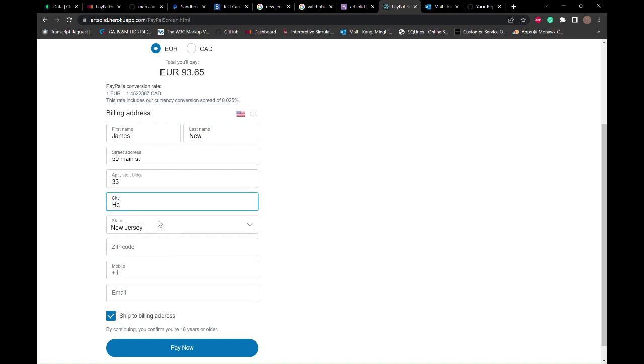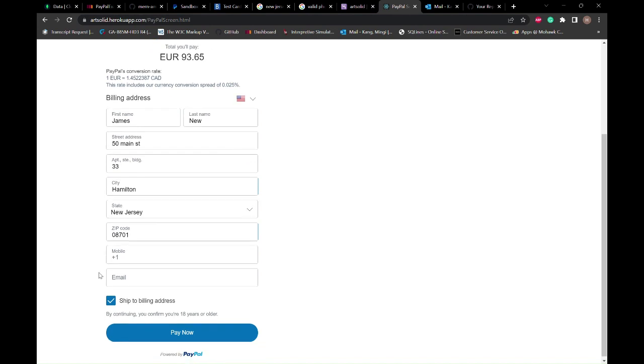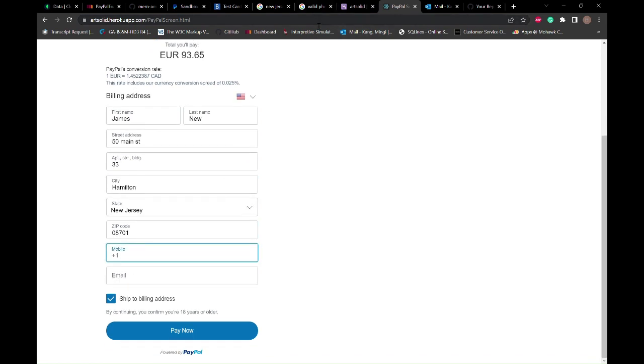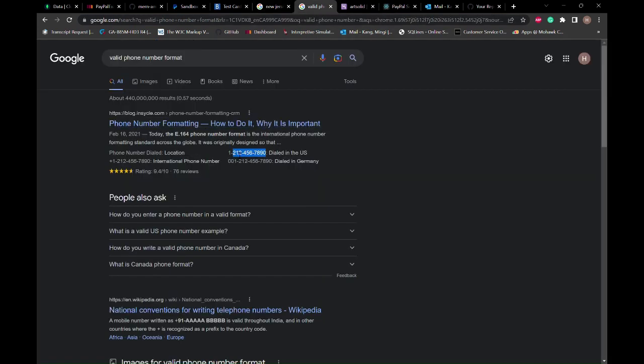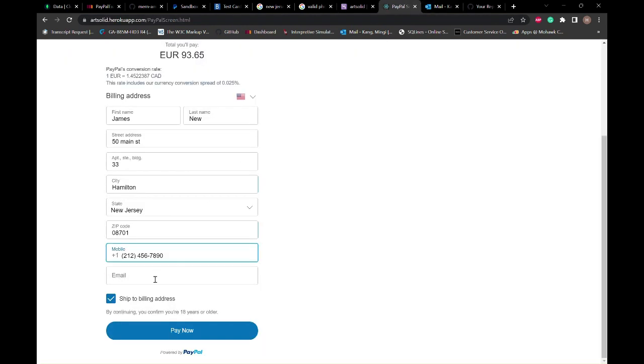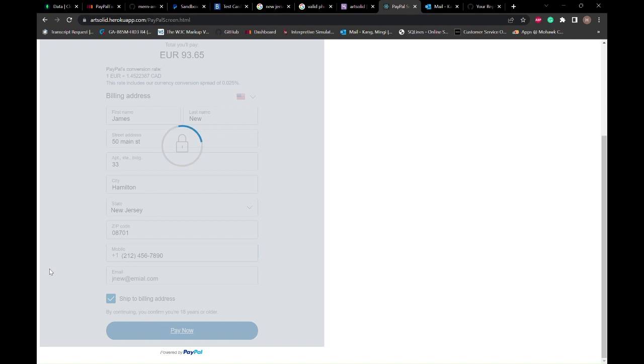Hamilton, this can be anything, and then enter a valid zip code from New Jersey, and we're also going to have to enter a valid phone number here. And finally, the email address is just going to be jnew@email.com. If you click the Pay Now button, this will direct you to the final page of the checkout page,